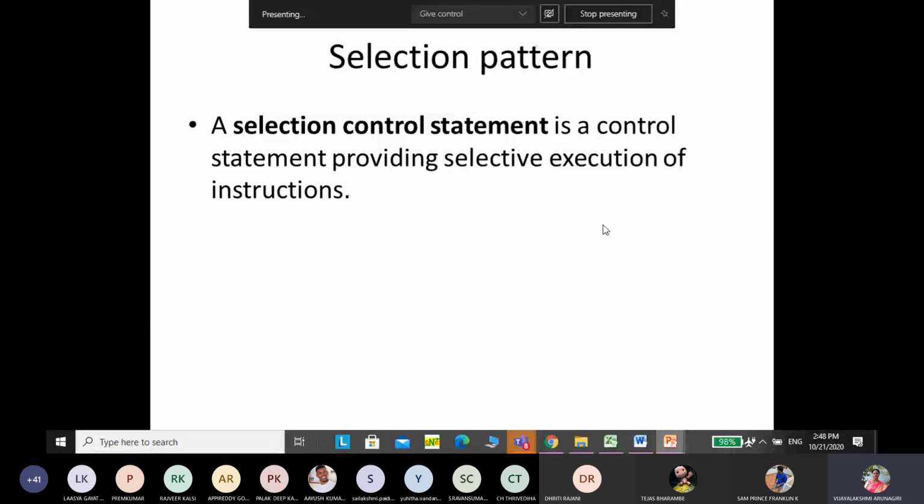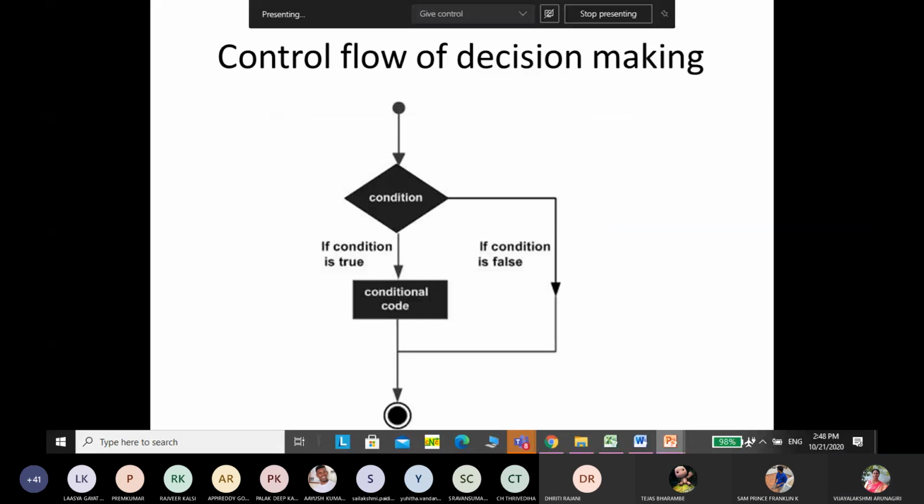And so, the control flow of decision making in Python: how will this decision making process work? First, we have to take the condition, and actually it's a flow chart, which we already discussed. Checking a condition means we have to use the rhombus symbol. If the condition is true, then this statement will be executed. It won't execute the false statement. Suppose the condition is false, then it skips this statement and executes this. Guys, are you able to follow?